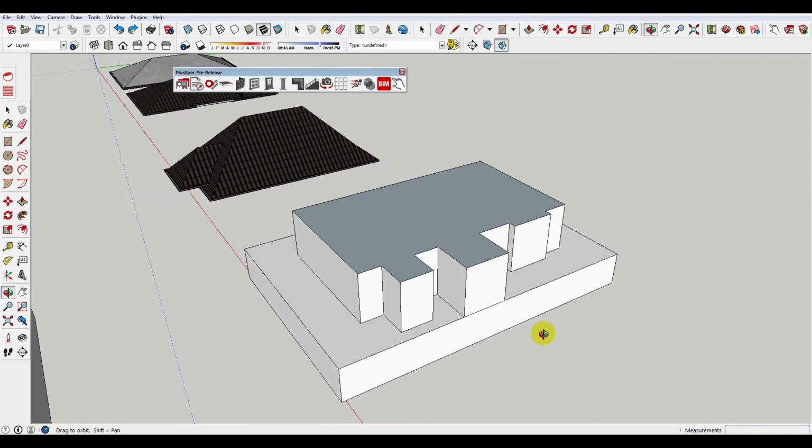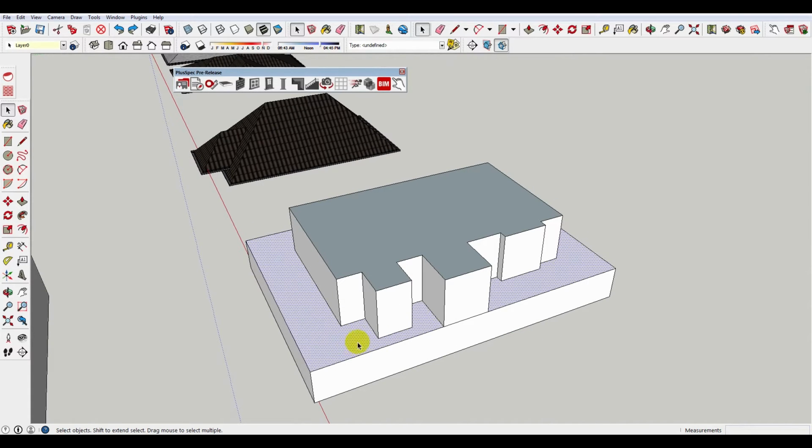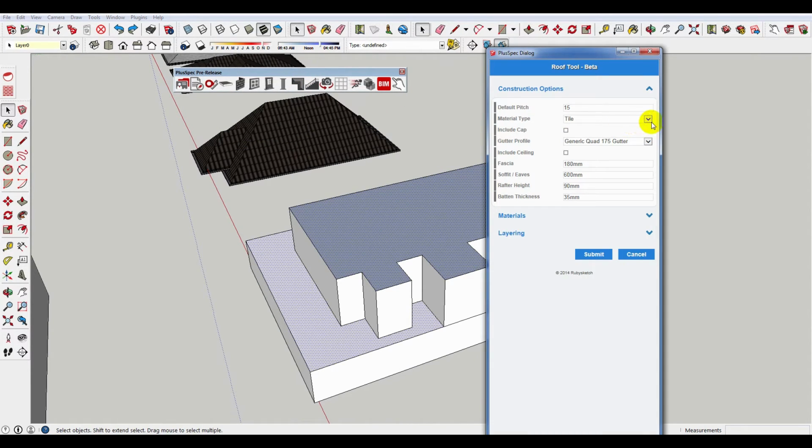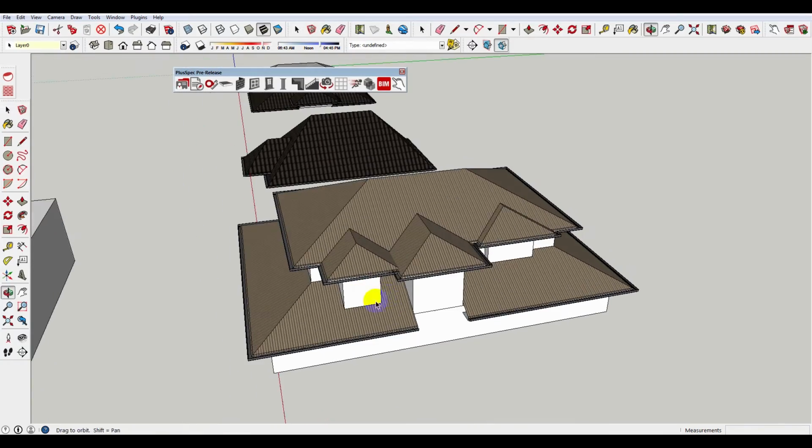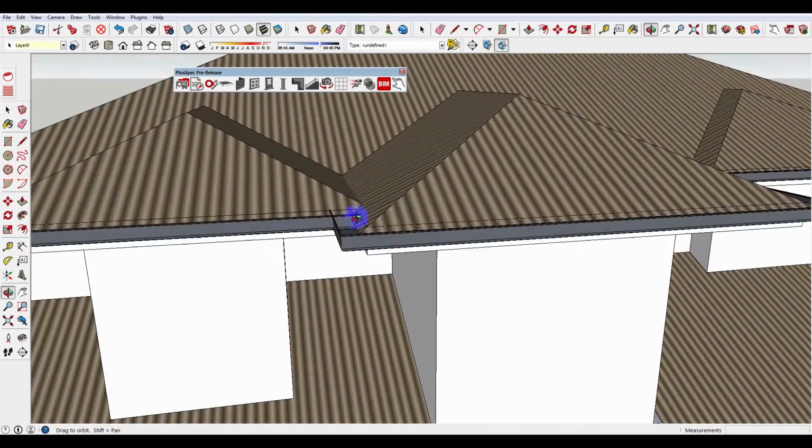So now I'll select the face down here, the face up here, select the roof tool, change the type of roofing, and change this one to metal, and I'm going to make it 25 degrees. I'm going to submit. Okay, now there's a perfect example of a common error